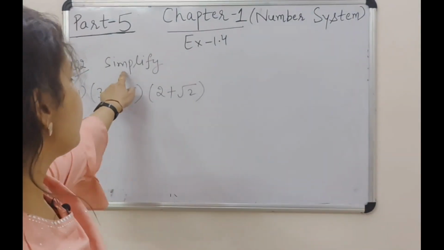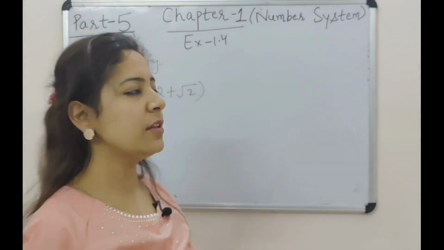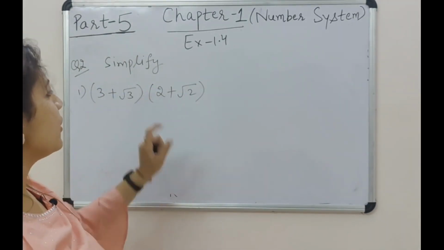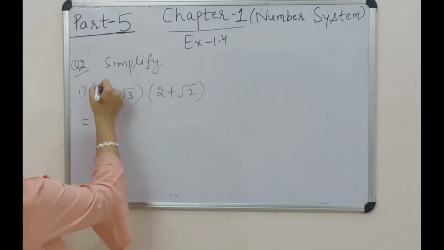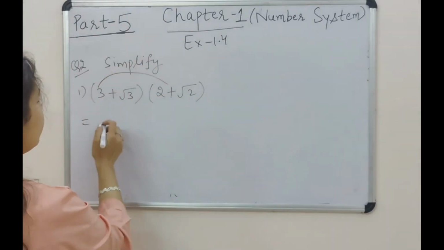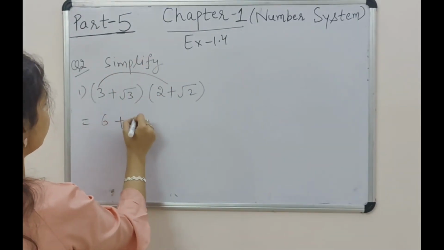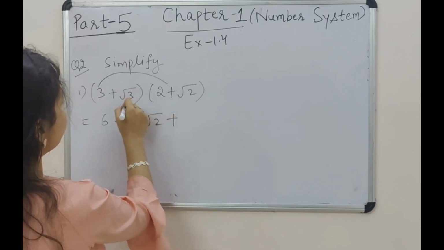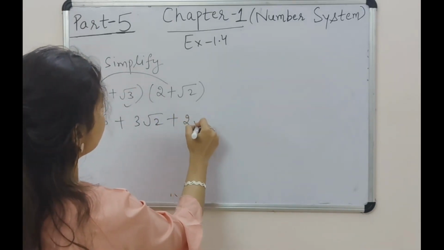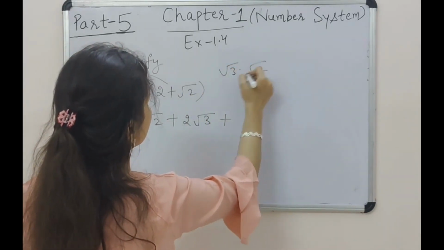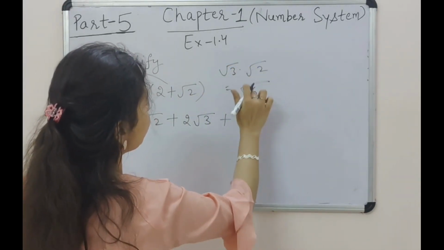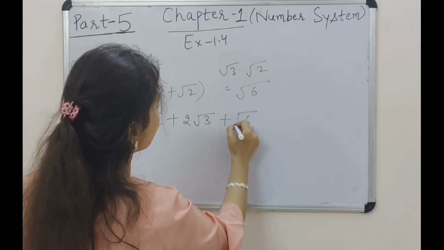Question 2 is to simplify the expressions given. Alright, 2 brackets are given here in the product and we know very well how to multiply 2 brackets. So I am considering the first term and multiplying with the second bracket. 3 2s are 6. It becomes 3 root 2. Now I am considering the second value. It's becoming 2 under root 3. And root 3 into root 2, we can combine them in the product. 3 2s are 6 under the root.